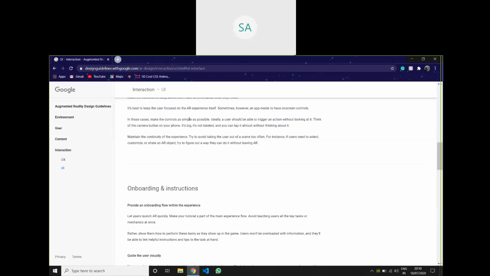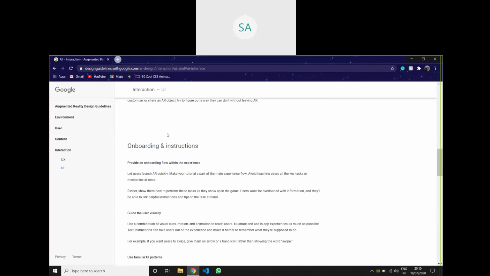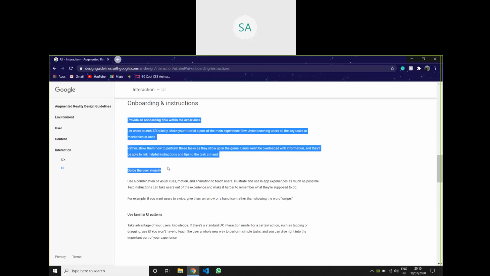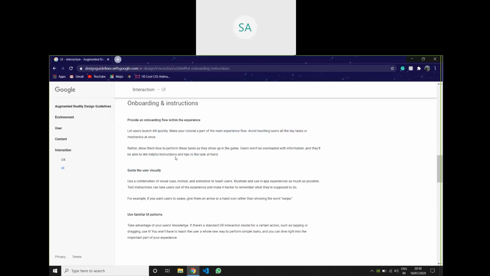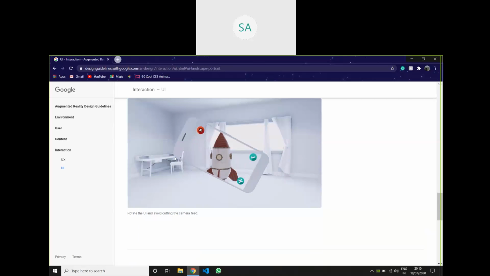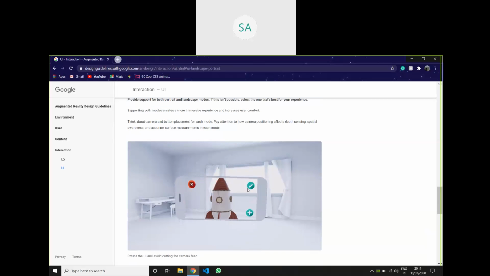And then keep it in mind again and again that the user is a naive person. He doesn't know what to do and how to do it. We need to first give him a flow, what is happening, and then guide the user visually, like what is the process you need to do, and what you are going to do in the future, all of that. The object should be clear in both landscape and portrait, and the buttons should arrange automatically if there are any buttons.